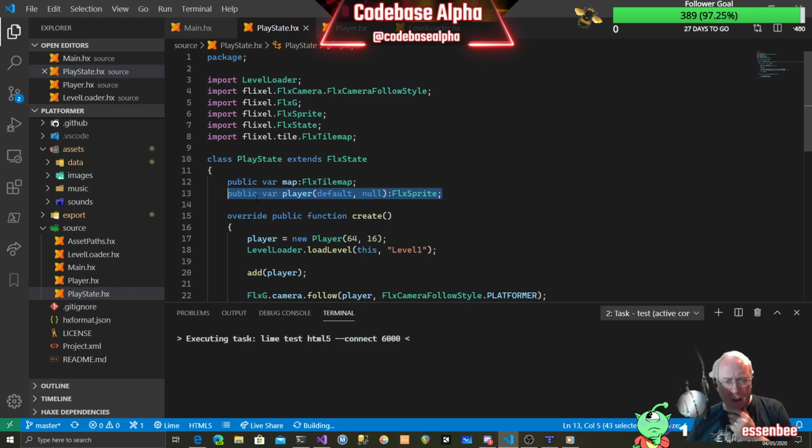This is a public property called player, and it's what this syntax means here. We've got this kind of brackets default and null. This means that it can be